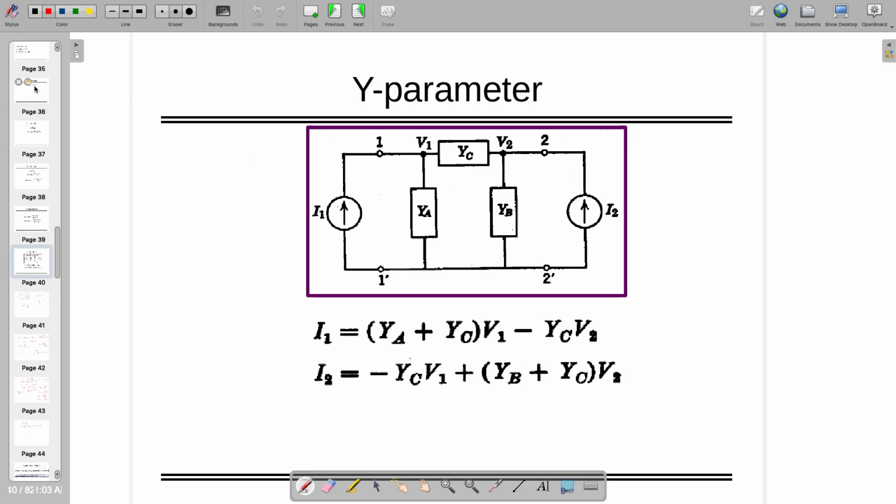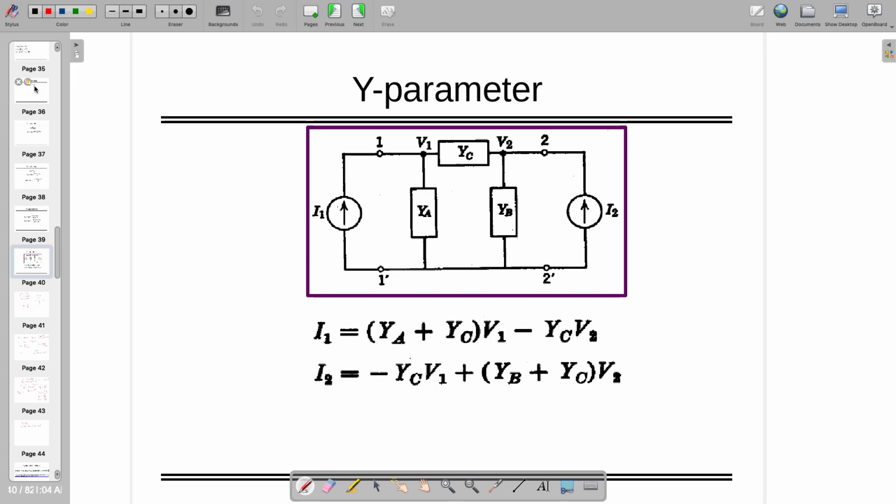Now there is one more thing. Let's look at the Y parameter in terms of the Z parameter. You can derive different parameters in the form of, let's say, Y in the form of Z, Z in the form of Y, or other parameters which we are going to study. So they can be derived from other parameters. So let's assume that you want to derive the Y parameter in the form of the Z parameter. So how will it look? So I am still following the same book,